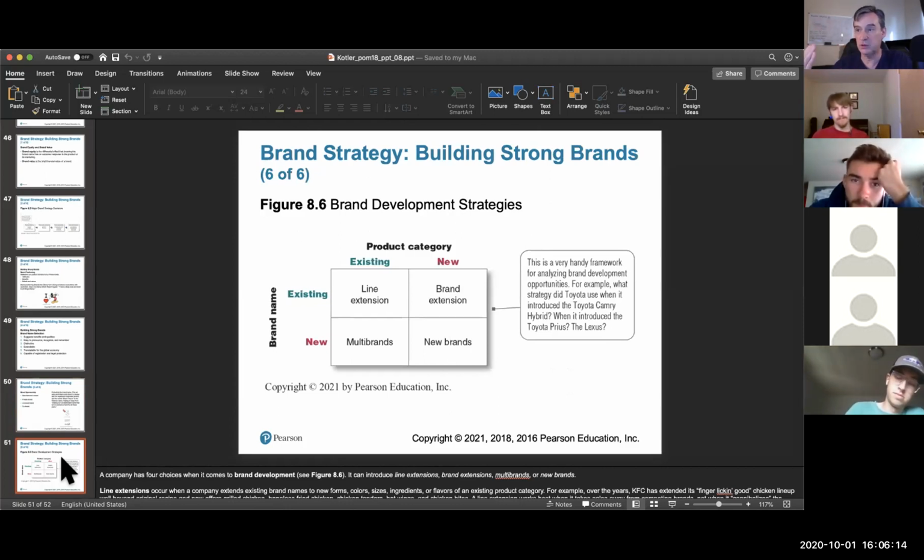You have a brand name and a product category. So you have a line extension or brand extension. You have multi-brands. It will depend on whether your marketing offering is new and whether the brand name is new or existing. So I suggest you go to the book and read this part of the chapter. This is very important because probably you will come up with a new marketing offering. You don't have much money, but you come up with a good marketing offering, a new way to serve coffee inside of the retailers. So, it's a new brand.